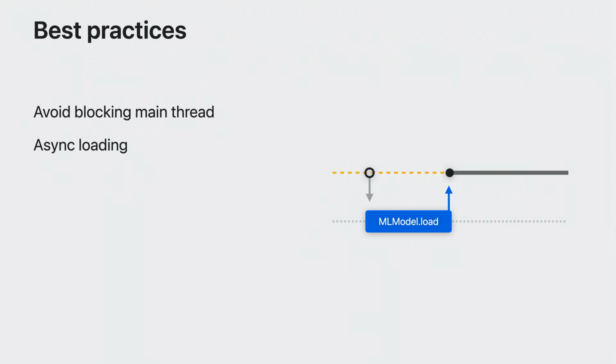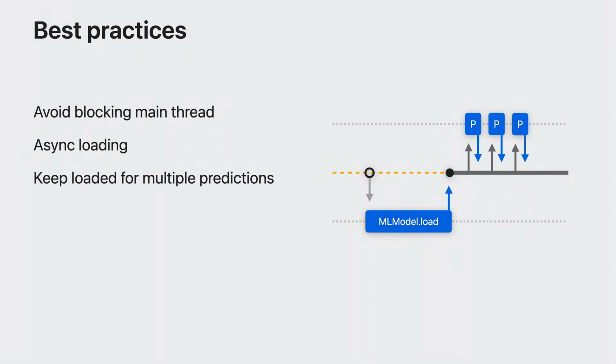Since loading a model can be expensive in terms of latency and memory, here are some general best practices. First, don't load models during your app's launch on the UI thread. Instead, consider using the async loading API or lazily load the model. Next, keep the model loaded if the application will likely be running many predictions in a row, rather than reloading the model for each prediction in the sequence. Lastly, you can unload the model if your app won't use it for a while. This can help alleviate memory pressure, and thanks to the caching, subsequent loads should be faster.